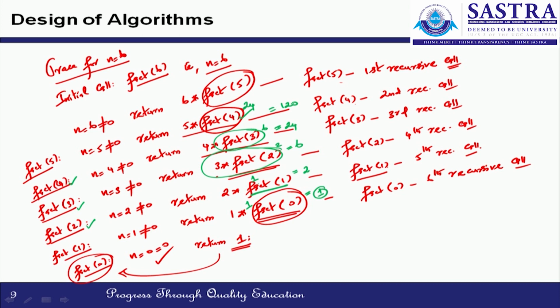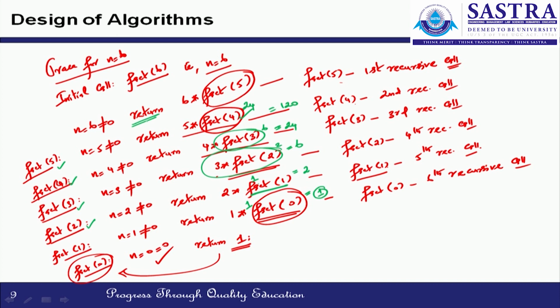Return 5 into fact of 4, that is 120, is returned here to the computation for fact of 5. Who is the caller of fact of 5 here? The first call,